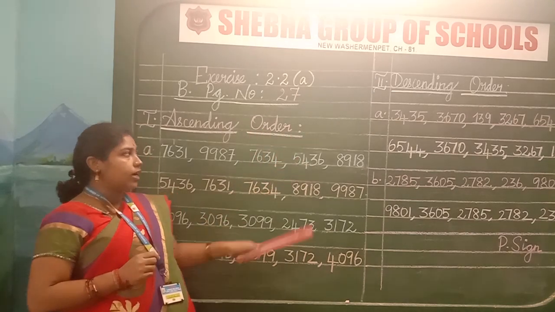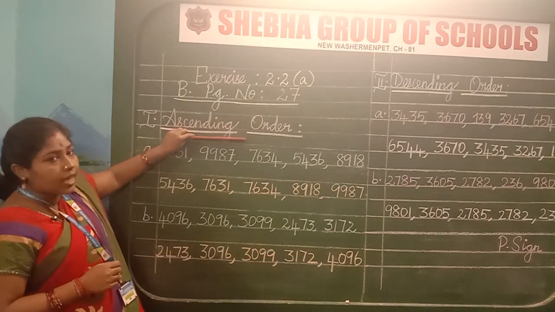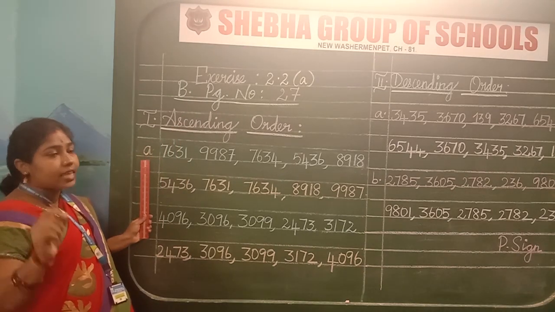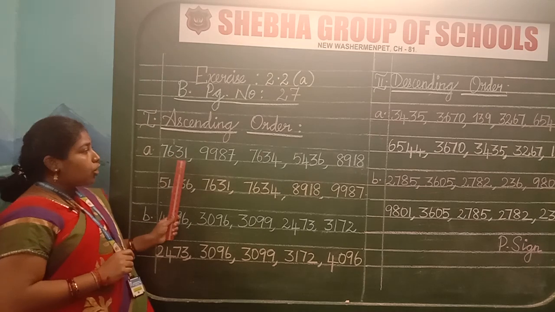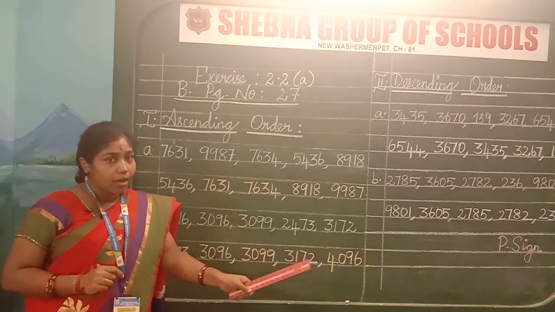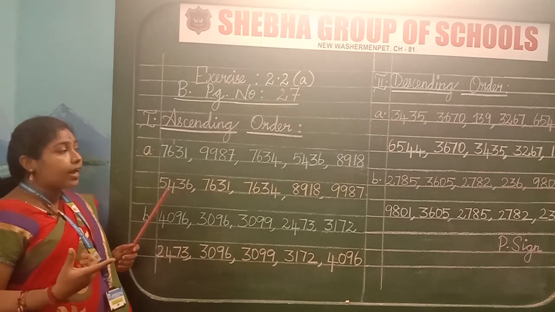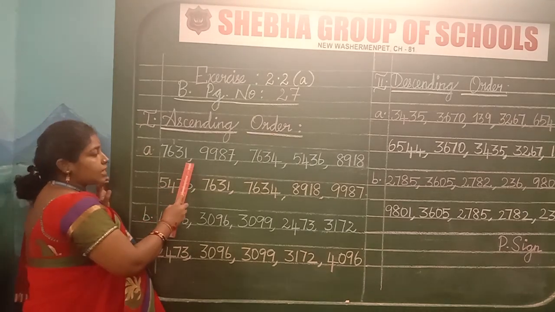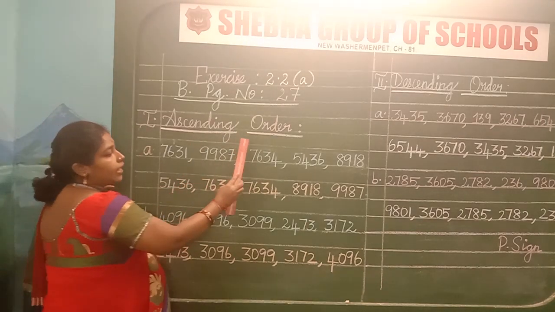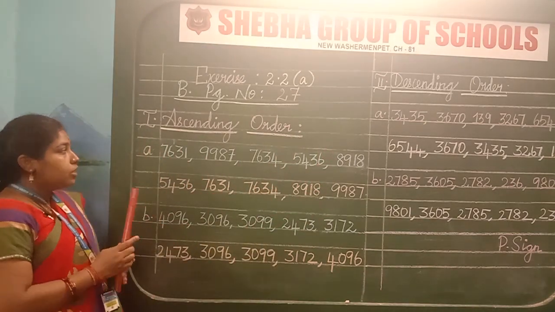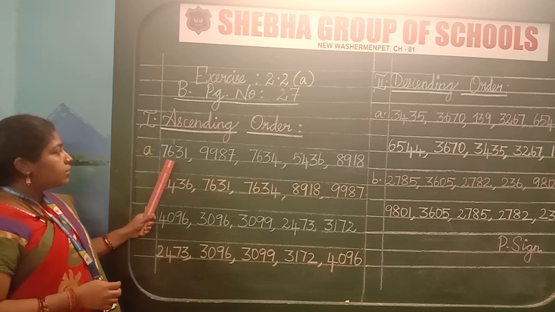O-R-D-E-R. Order. Now children, leave one line. Now in the margin side write the serial number as A. Now you are going to write the sequence of numbers. Observe and write clearly. Spell it out and write clearly. After this comma, you have to keep finger gap, so you can separate the number for your easy reference.